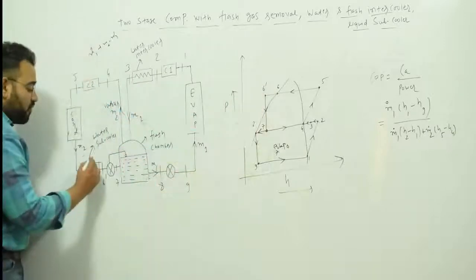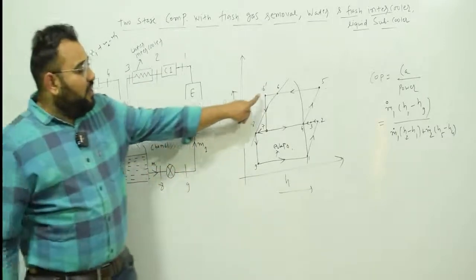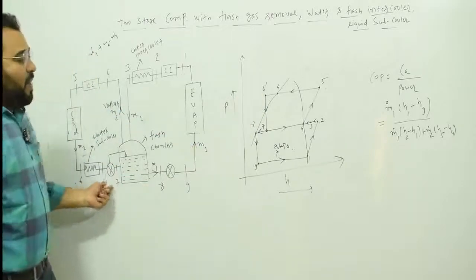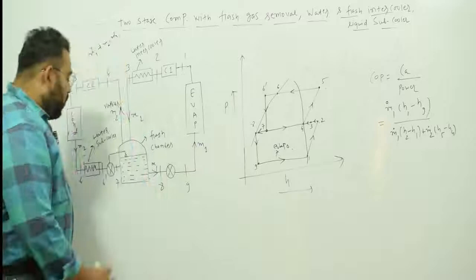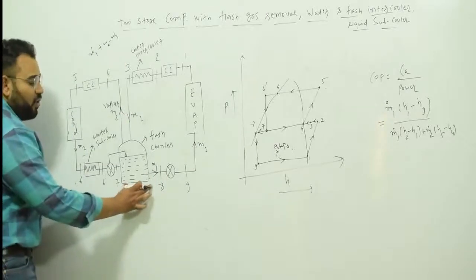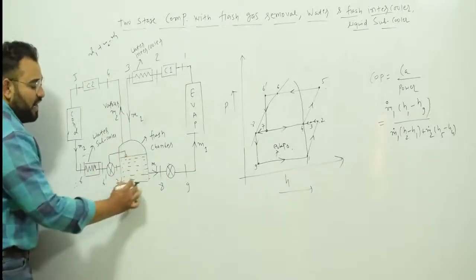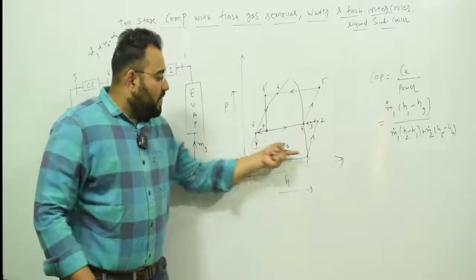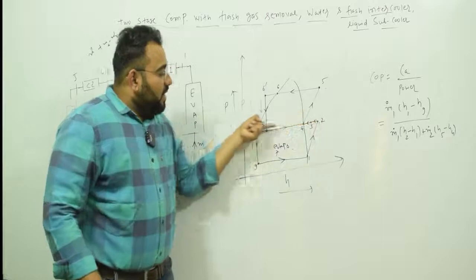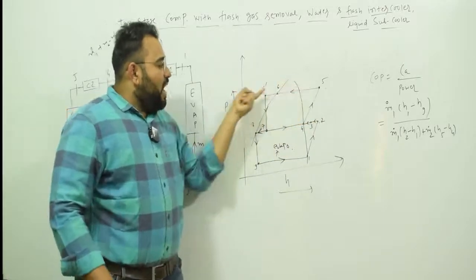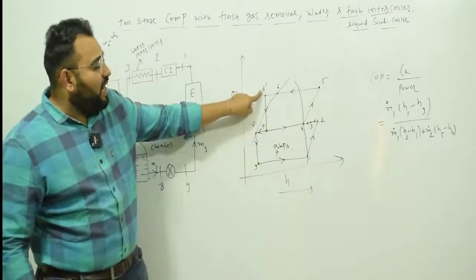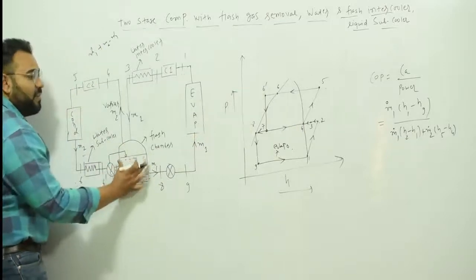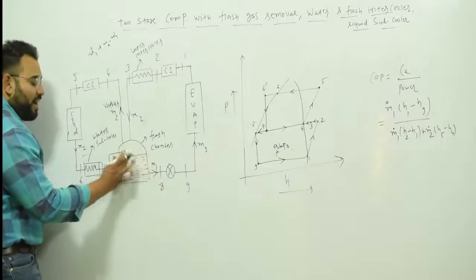That's why this is known as a water subcooler. So at point 6 dash you are over here. Now you want to enter this flash chamber, but you know that this flash chamber is working at an intermediate pressure. I already told you, this is the evaporator pressure or low pressure, this is intermediate pressure, and this is condenser pressure or high pressure. At point 6 dash you are at high pressure, and if you want to enter this flash chamber which is at intermediate pressure, you have to reduce its pressure by an expansion valve.